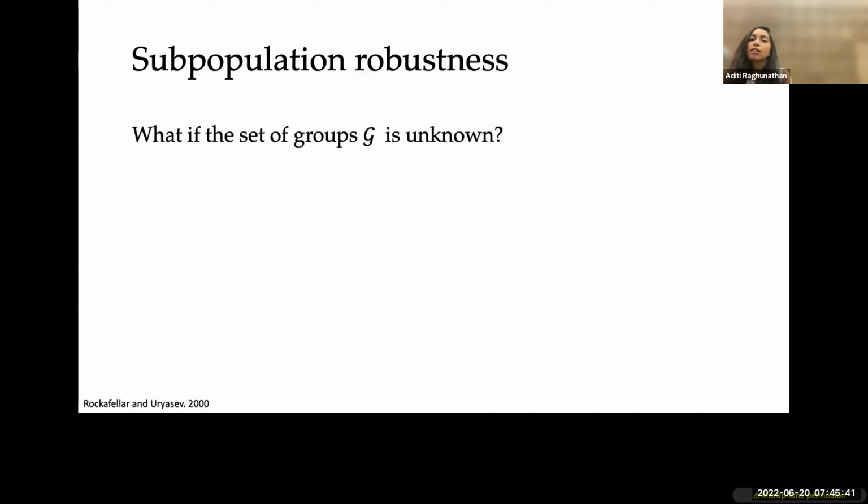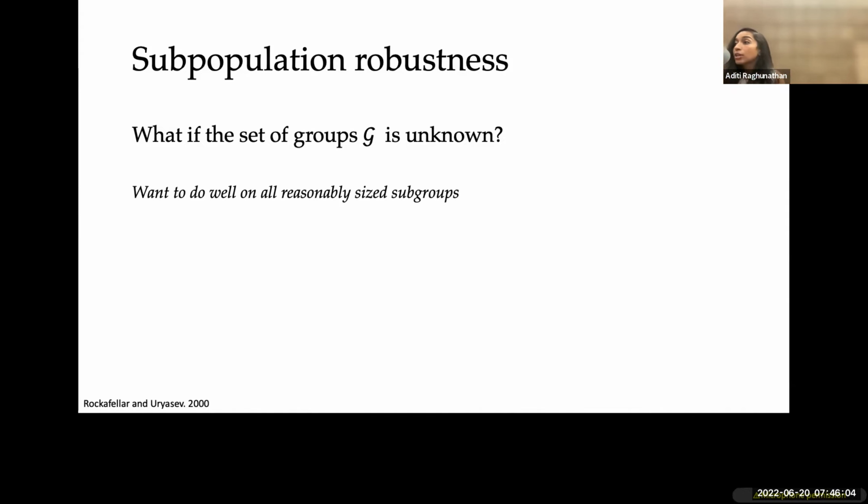And a natural follow-up question is, well, this is all great if we knew this set of groups, and then we can divide our data set accordingly, evaluate accordingly, and so on. But what do we do if we never knew anything about all these groups or what the partitions in your data set actually are? So one idea that is quite common and that people have thought about is, well, we just want to work well on all possible subgroups.